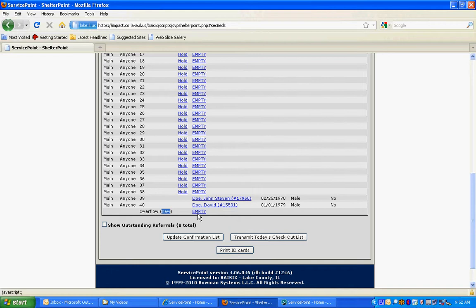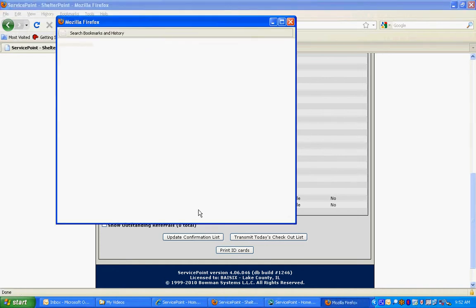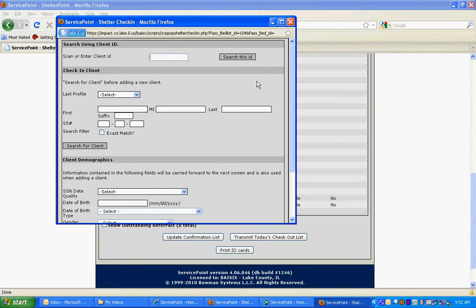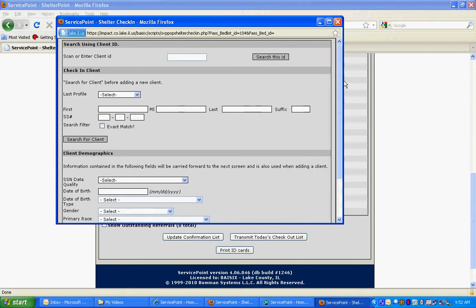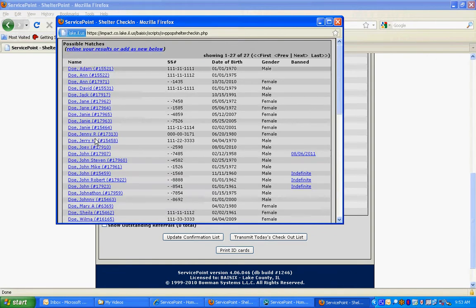Let's just add a single individual. To begin, click on the empty link, and the same pop-up appears as when you assign people to fixed numbered beds. I'm looking for a particular Doe. I'm looking for Jerry K. Doe. So I'll click on his link,